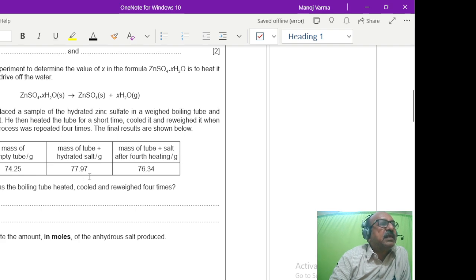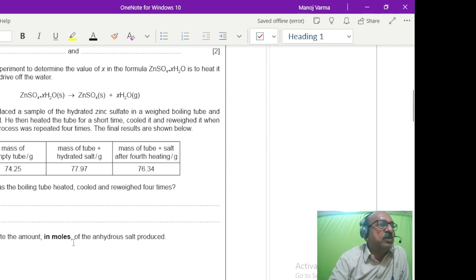Obviously, if you subtract the mass of the empty test tube from the mass of the test tube plus the dry salt, that is 76.34 minus 74.25, it should give you the mass of the zinc sulfate in grams, but then you have to find